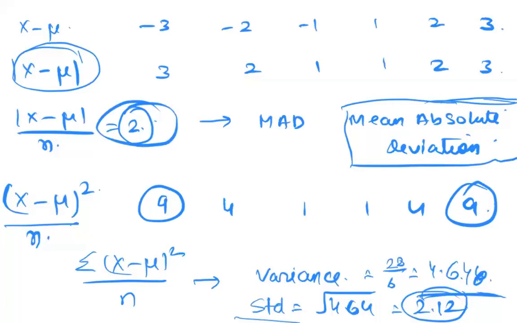So squared term is called the variance term, which is sigma x minus mu whole square. Why did we do the squaring? We did that squaring to sort of eliminate this normalization effect that's happening. So -3 and 3 get cancelled out, which we do not want because they're both equally different. We want to treat them similarly. So there are two solutions to it. One is to take an absolute value and the other one is to take a square. Now this squared one is called variance, and this became very popular.